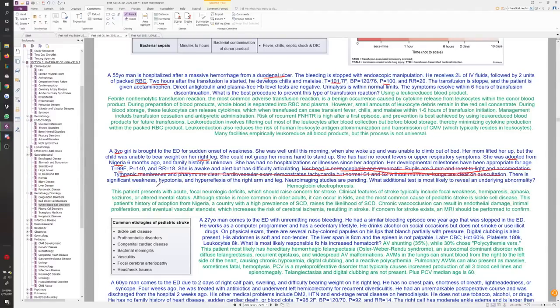This patient presents with acute focal neurologic deficits, which should raise concern for stroke. Clinical features of stroke typically include focal weakness, hemiparesis, aphasia, seizures, or altered mental status. Although stroke is more common in older adults, it can occur in kids, and the most common cause of pediatric stroke is actually sickle cell disease. Right, this patient's history of adoption from Nigeria, a country with a high prevalence of sickle cell, raises the likelihood. Chronic vaso-occlusion can result in endothelial damage, intimal proliferation, and eventual vascular stenosis, which increases the risk of cerebral ischemia,